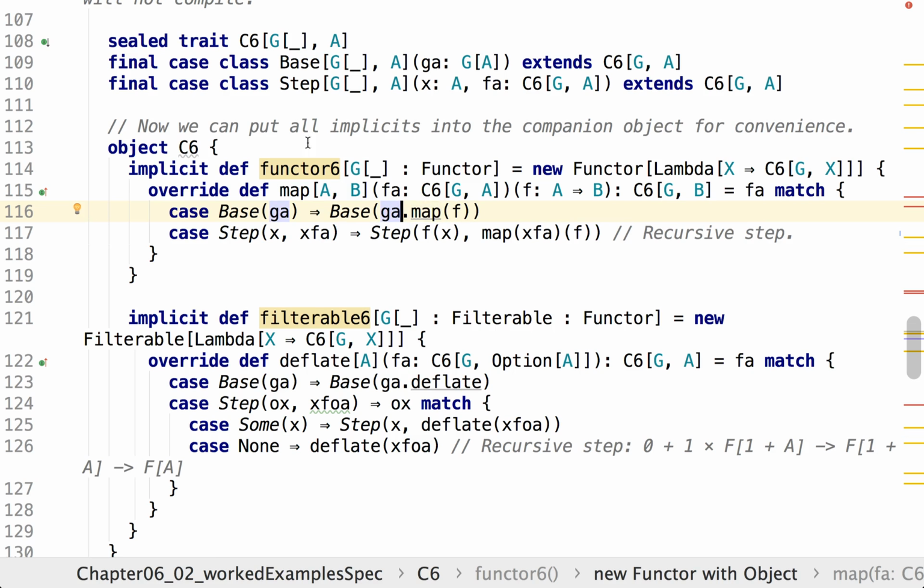And in the step, I have two values, x and this xfa, the recursive value of C6. So I apply f to x and I map, which is the same map here, I map recursively the function f over this thing. Same thing I have to do with deflate. Well, I have a base, I can deflate that. If there's a step,